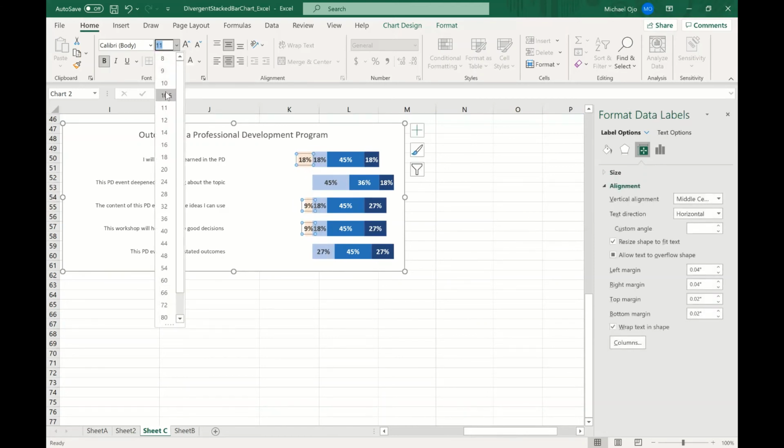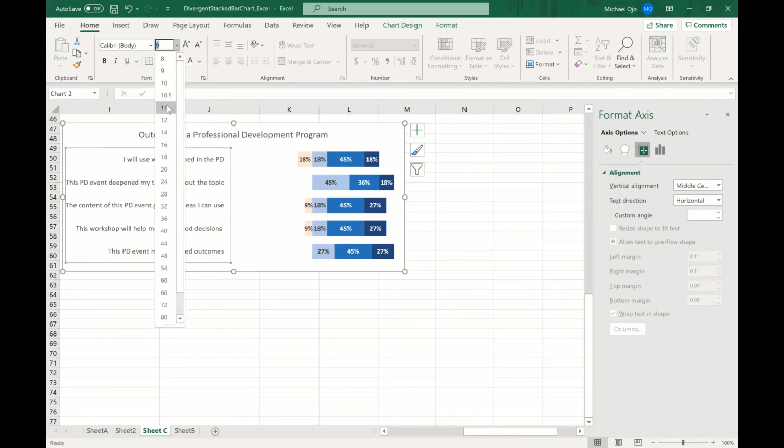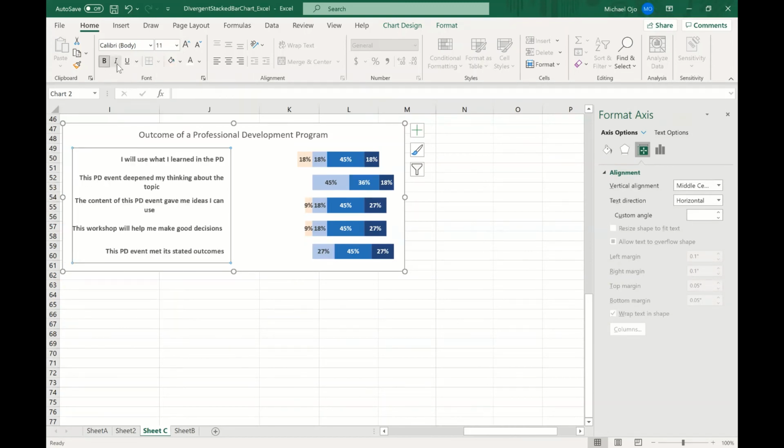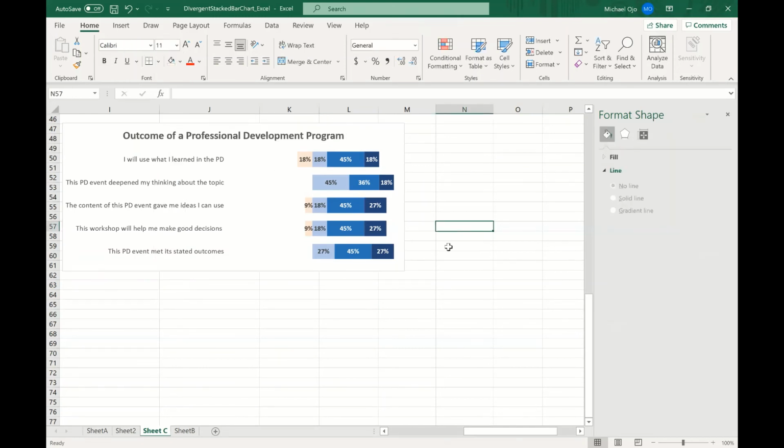I can make it maybe 10, right? Make it a bit smaller again, just to make sure that there's no overlap. It's easier to read. So now that is done, I can also make this bigger a bit, increase the font size, make it darker, or I can still make it lighter, it's okay. I can make this and increase the font size as well, just to make everything look appealing.